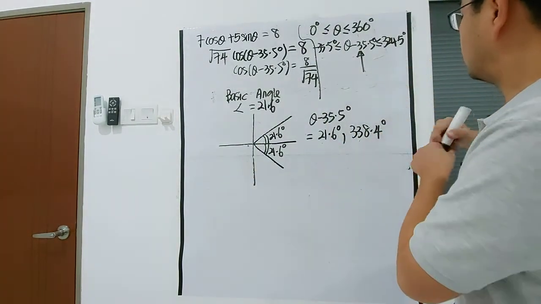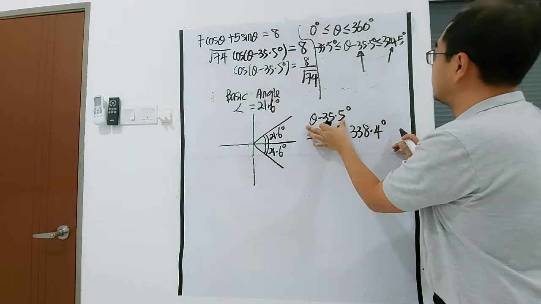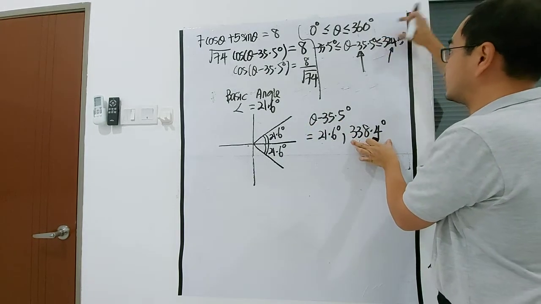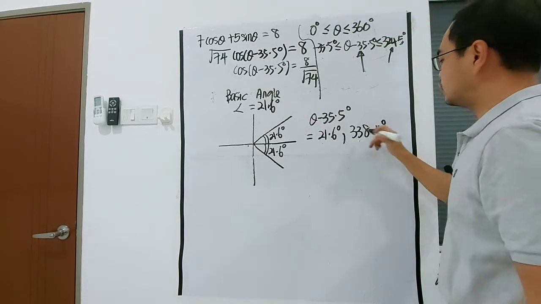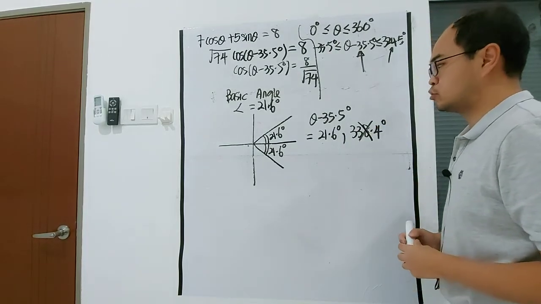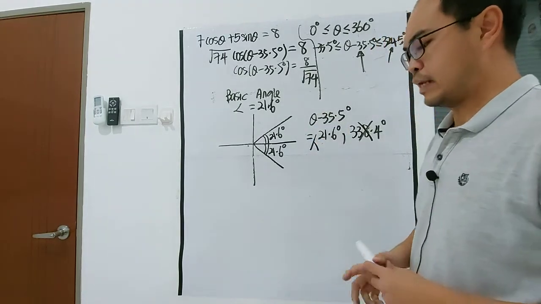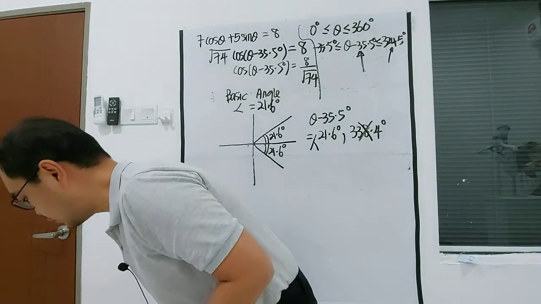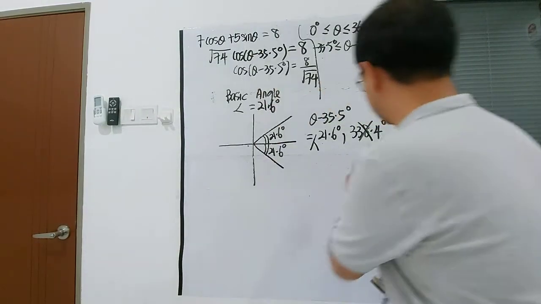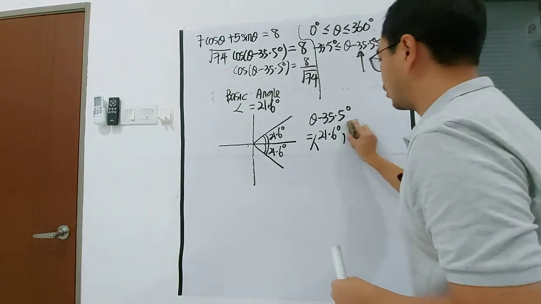You will see the maximum value that theta minus 35.5 can be accepted is 324.5, but this already exceeds the value, right? So this is wrong. It's not supposed to be accepted. But there is also one value in front here that I missed out. So what value am I supposed to put? Okay, this is incorrect because it's out of the range. So I should consider,